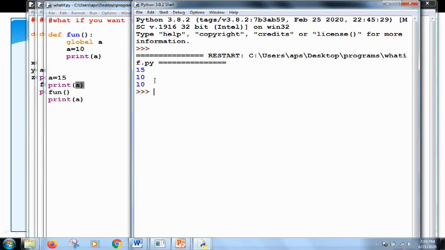Now a is equal to 10, then again we come here, it is accessing the value 10 here. The global environment has changed the value to 10, and it will again print 10. What happened is that this a is actually accessing the global a, so if a equal to 10 is written, it will change the global value of the variable. So this is how the variables are used, making them global, we can use them.